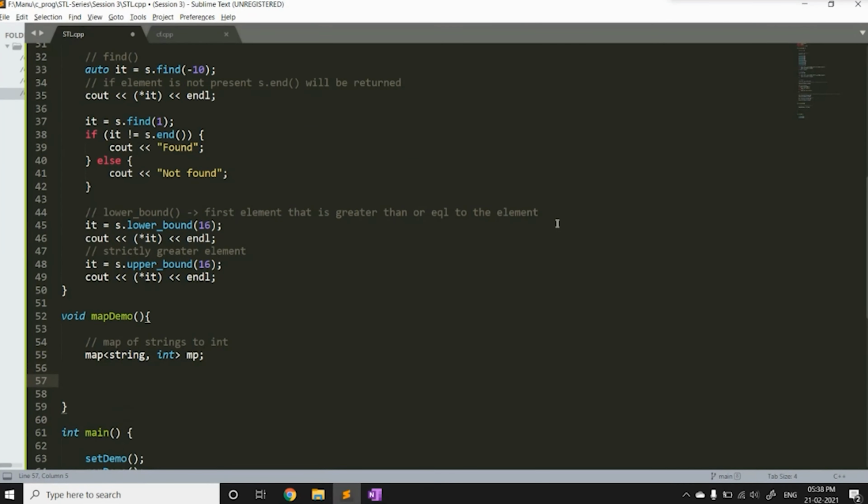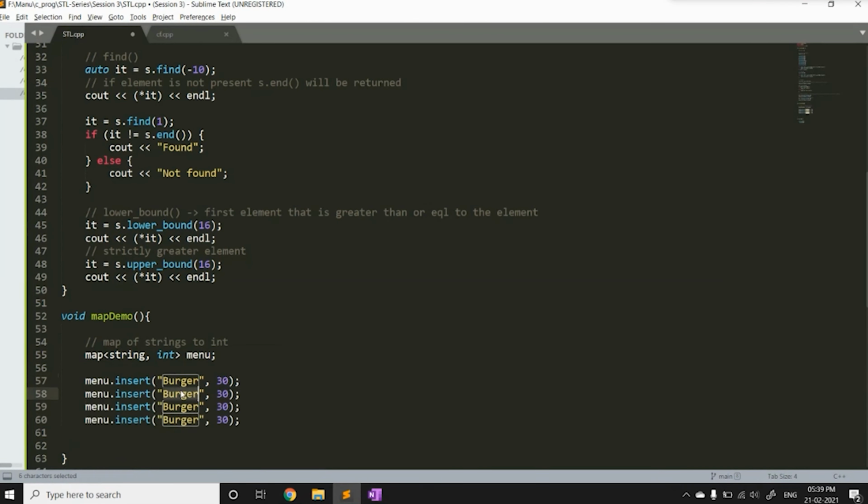So suppose this is my menu. I want to insert elements into my menu. Let's say burger, 30 rupees. Sorry for that. And let's insert 4 items into our menu.